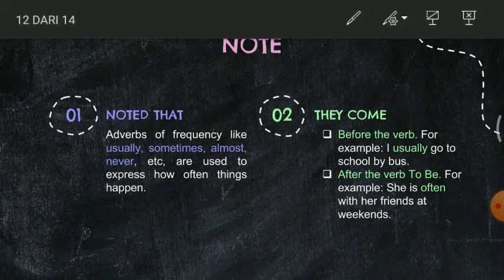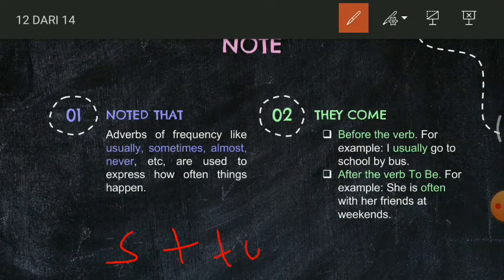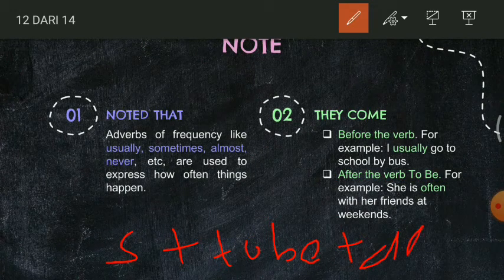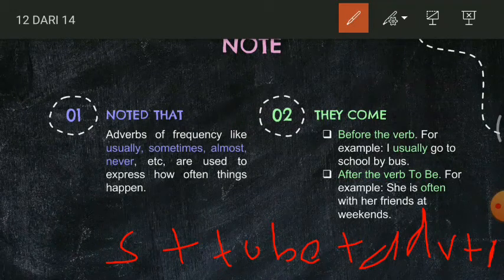So it means subject plus to be plus the adverb plus object, for the pattern after the verb to be. Okay,